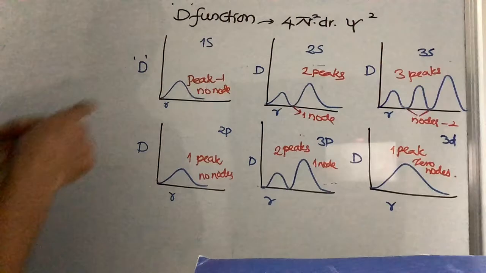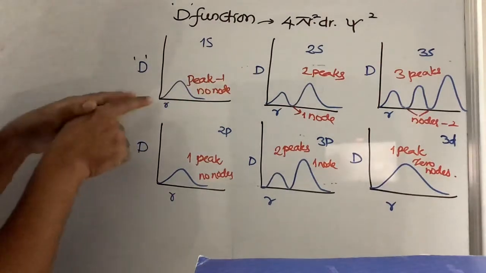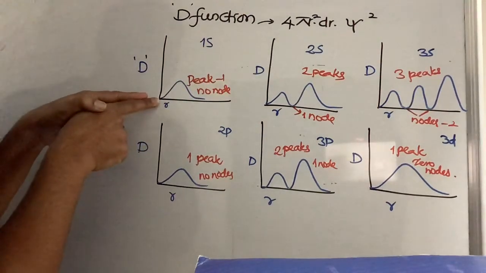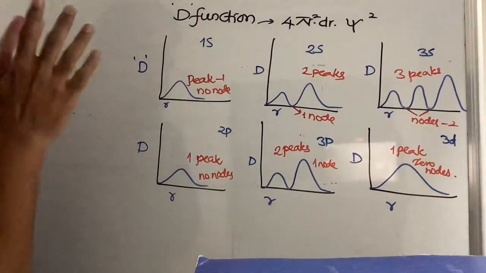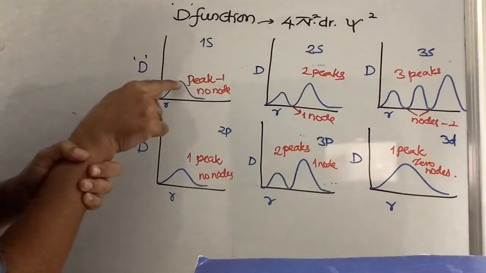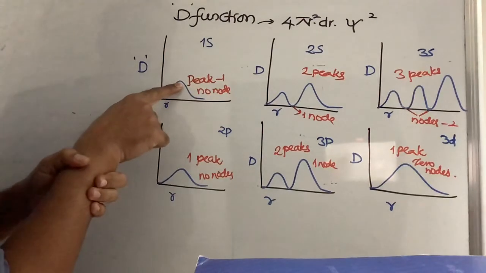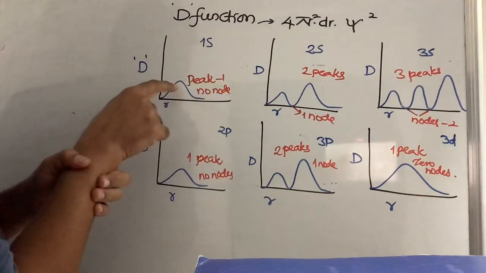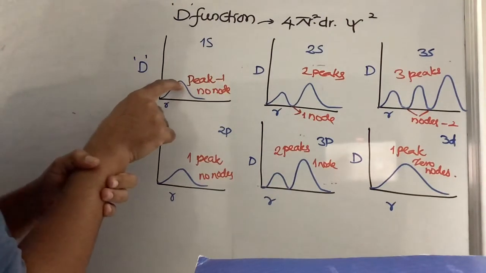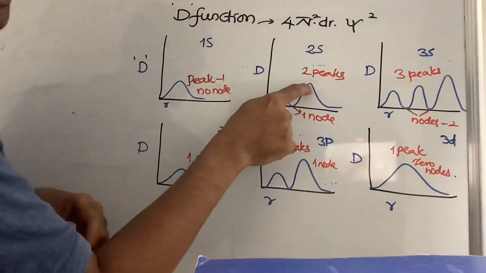Now you see the first point. For 1s orbital also, according to D, we are starting from 0. That means at the nucleus, there is no possibility of finding the electron. This is the maximum, you see. According to Bohr, this is 0.53 angstrom. So at 0.53 is the maximum possibility of finding the electron. In that sense, this is for the second orbit.